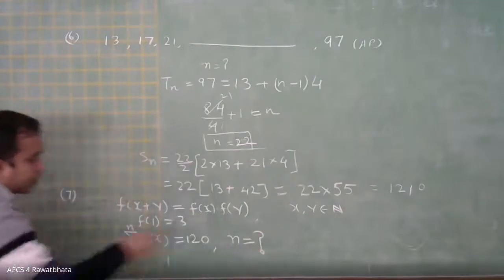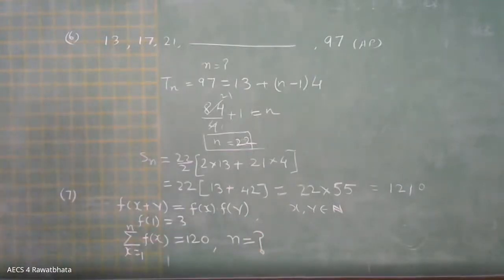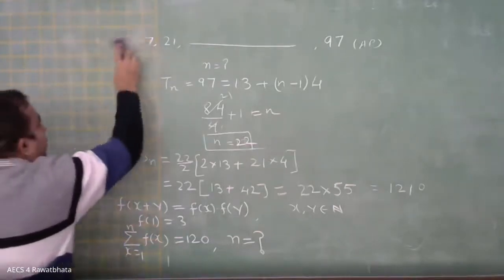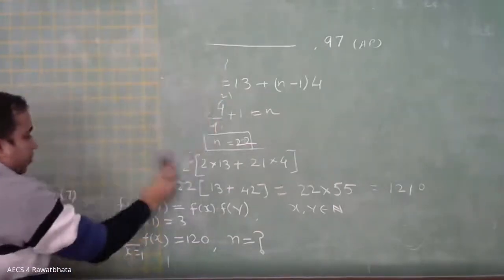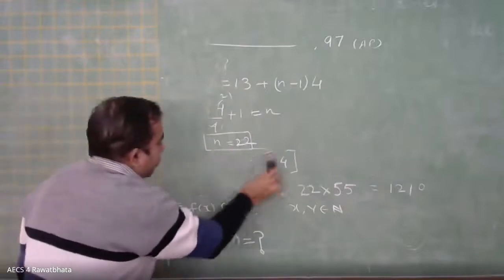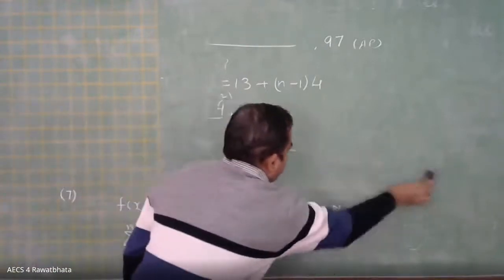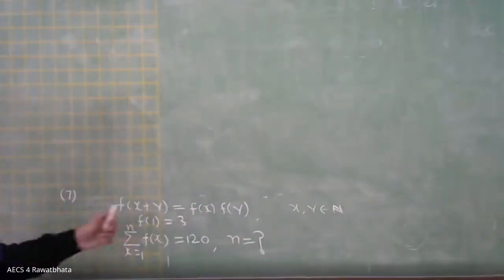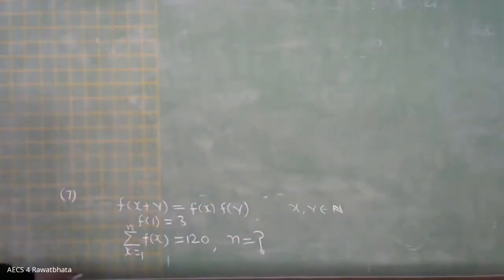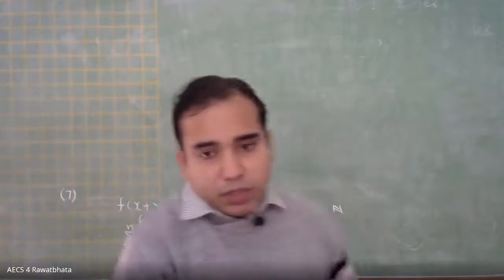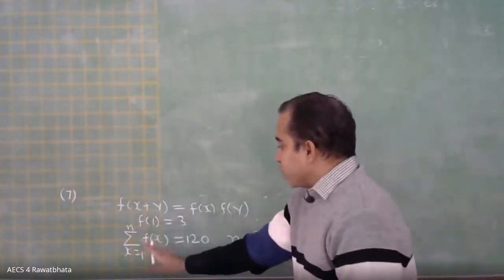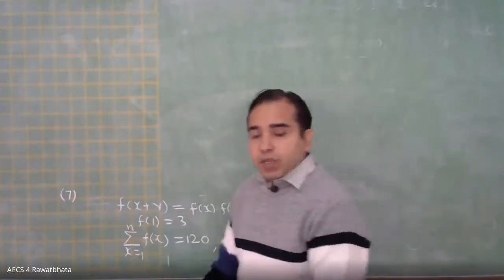Check, I have written correct. This only is given, right? Right, Neha? Is this written correct? Yes, sir, I have written it on the board. So, how to begin this question? The information given is that f(1) is equal to 3, and this summation series is given, which is summation f(x), where x is running from 1 to n. Let us begin with this.